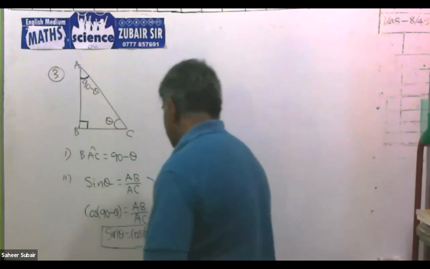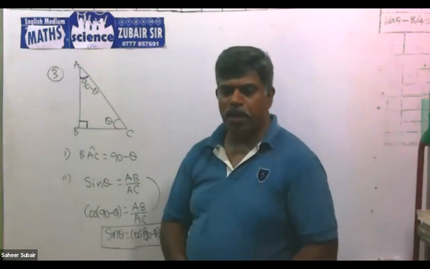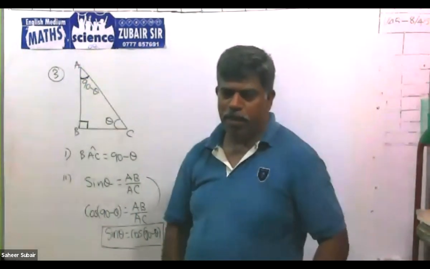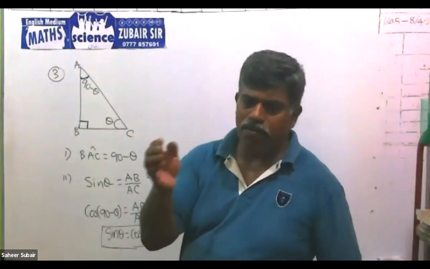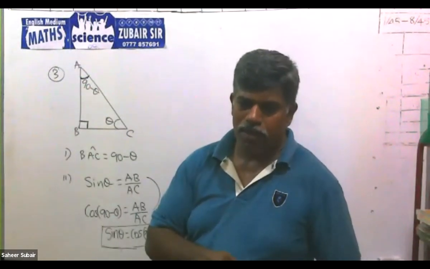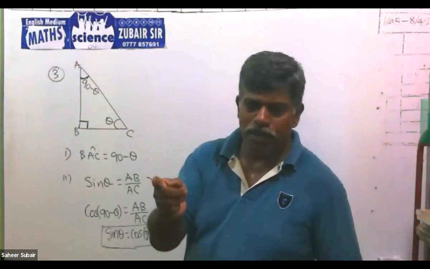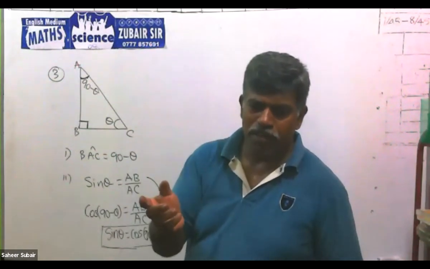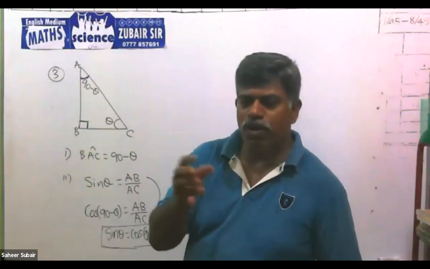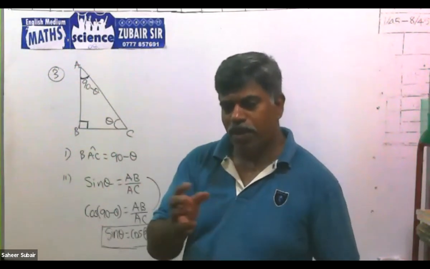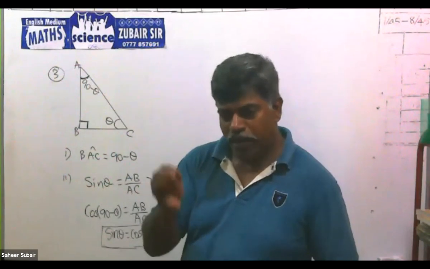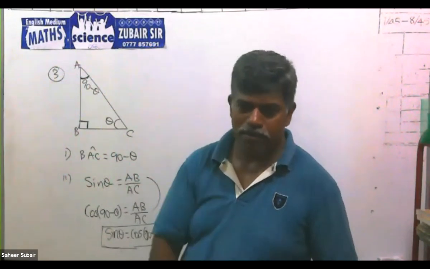We are not using it much. When you say any angle in sine, that is equal to 90 minus that value in cos. For example, sine 40 means cos of 90 minus 40. 90 minus 40 is 50. Then sine 40 is equal to cos 50. Like that, when you say something in cos, 90 minus that value gives sine.